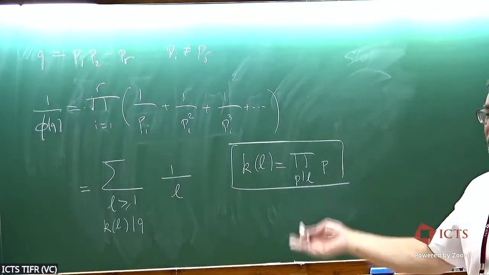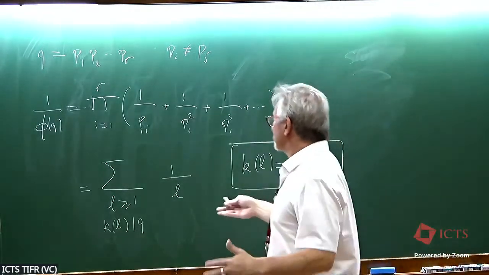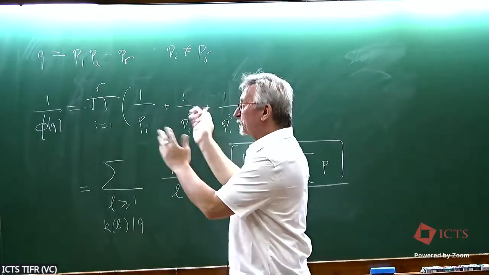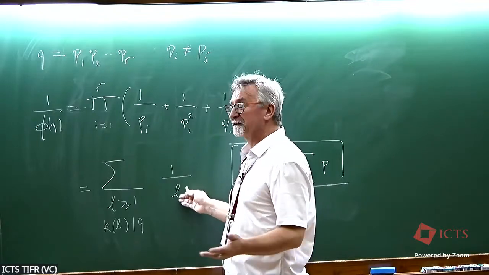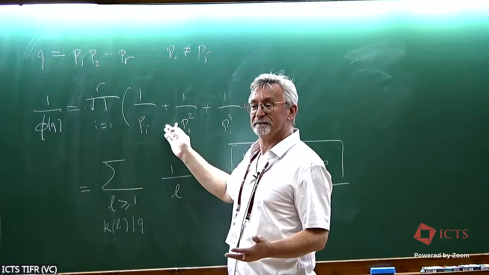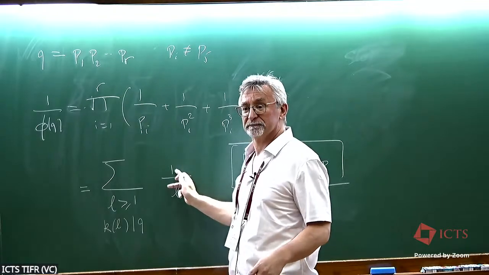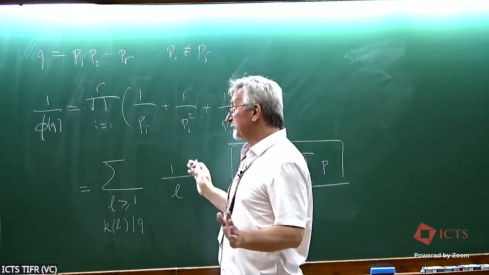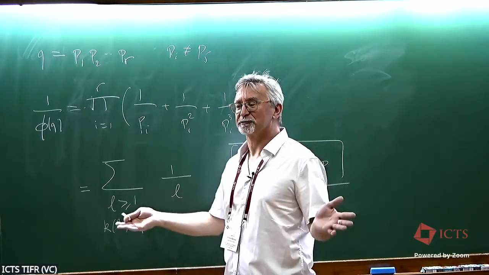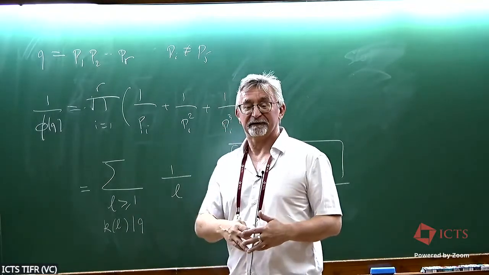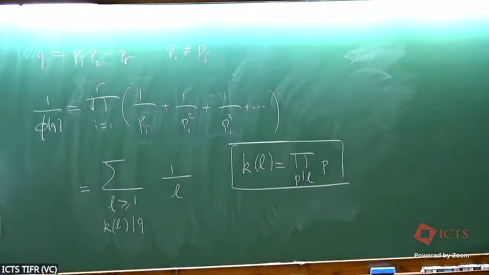I can write more and more and more, but it's not going to make you understand what it is. You have to look at that and see what happens when you multiply everything. You get any L, provided the prime factors of L appear here. You get that with any power, and you get that only once. I thought a lot about how to write this proof. There's no way. You have to make the effort yourself to see that it is trivial. Okay, once you have that,